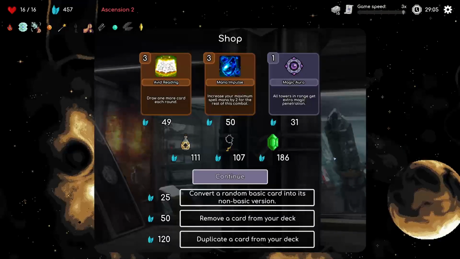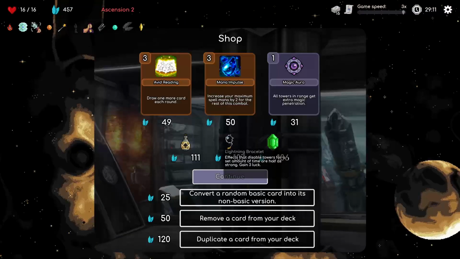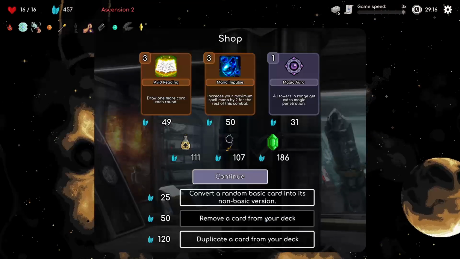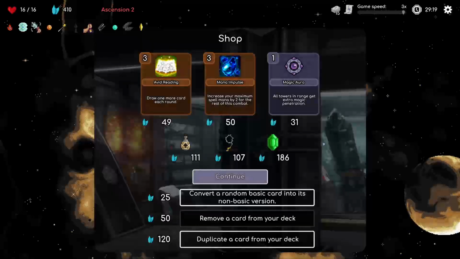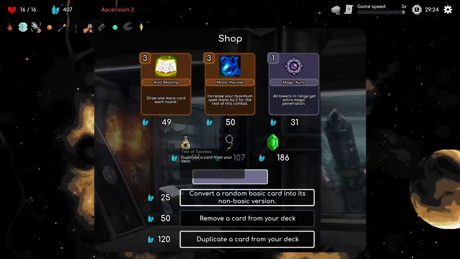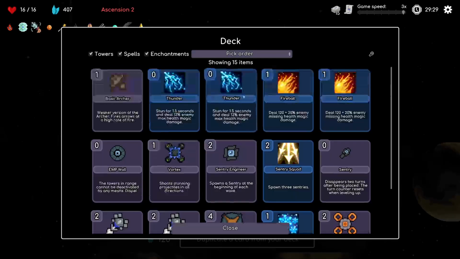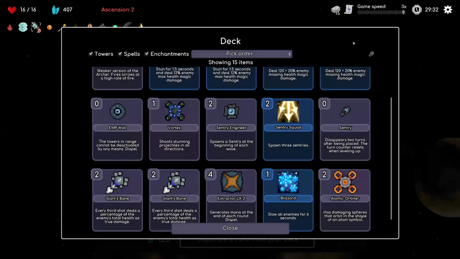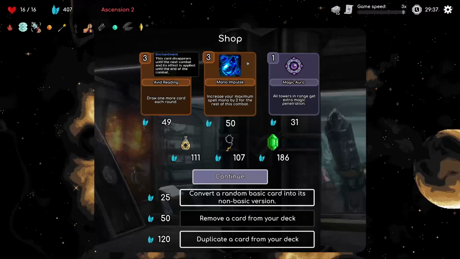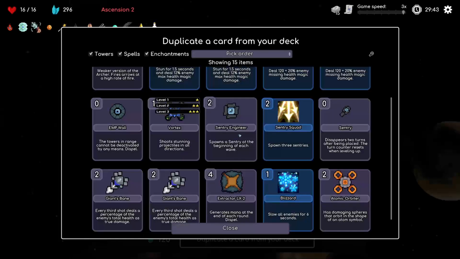Let's go to the shop. And what do we have? Doubles the critical strike chance. Affects that disable towers. Nope. Duplicate a card from your deck. So very first thing I'm going to do, remove. And let's get rid of our crystal generator. And then we have two sources of duplication. Let's take a look at my deck. I may want to duplicate the Sentry Engineer. And depending on how many or how much room there is. Increase your maximum spell mana and draw one extra. I'm going to go ahead and...